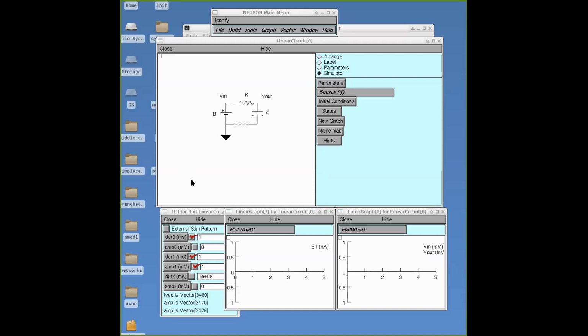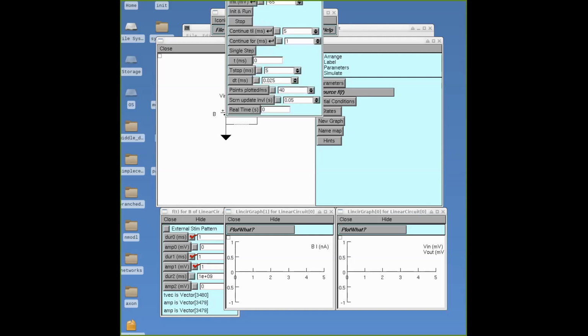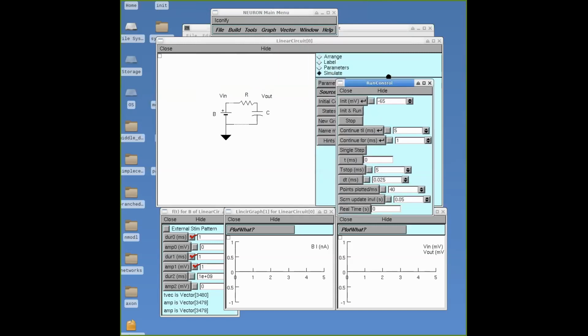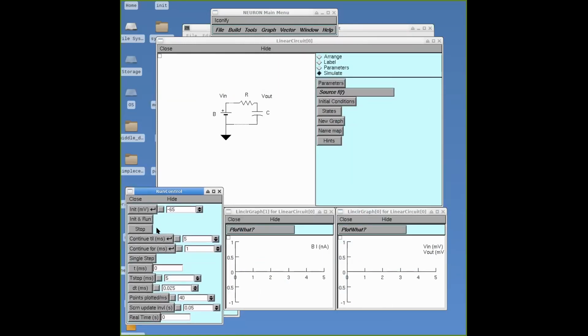But in any case, let's see what actually happens. Do these predictions actually work? Does this actually turn out to be the case? So I need something to make a simulation happen. Tools. I'm going to take a run control panel, even though it's got a lot more power than I really need for this purpose, because it allows me to advance and stop and fiddle with stuff. So if I just run a simulation,